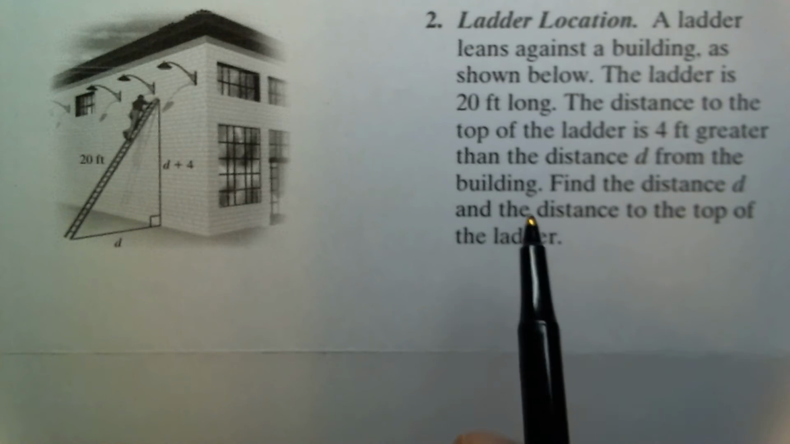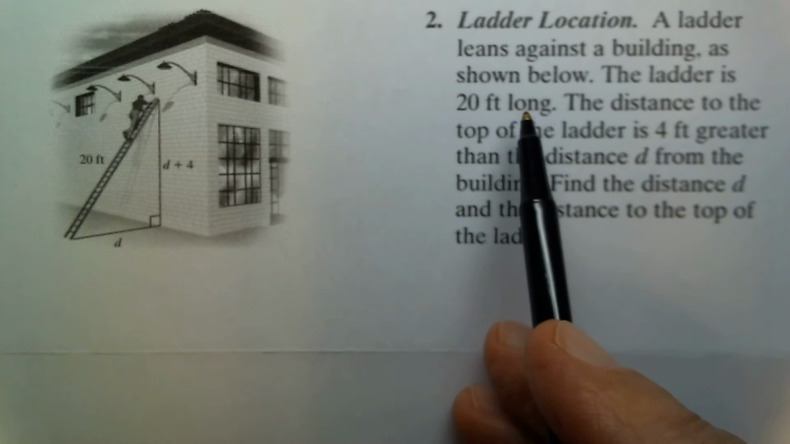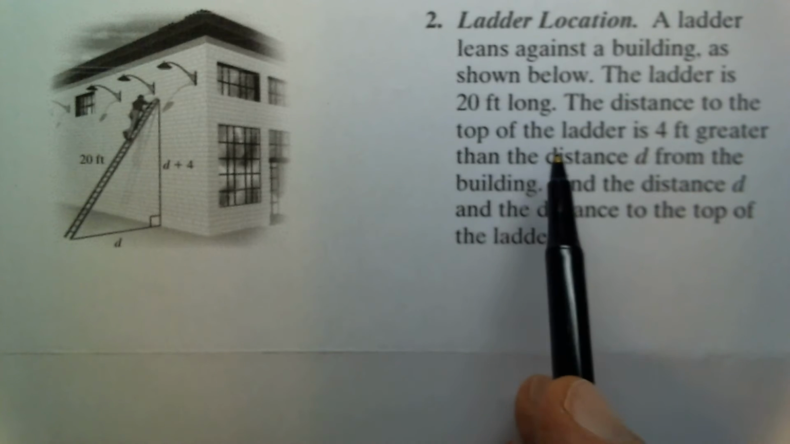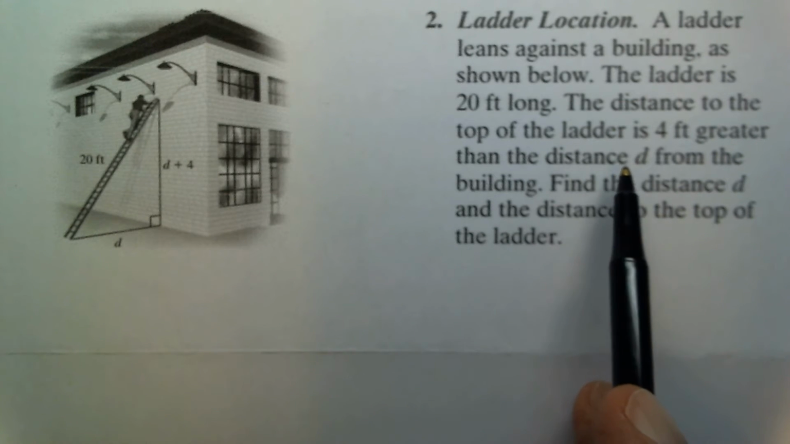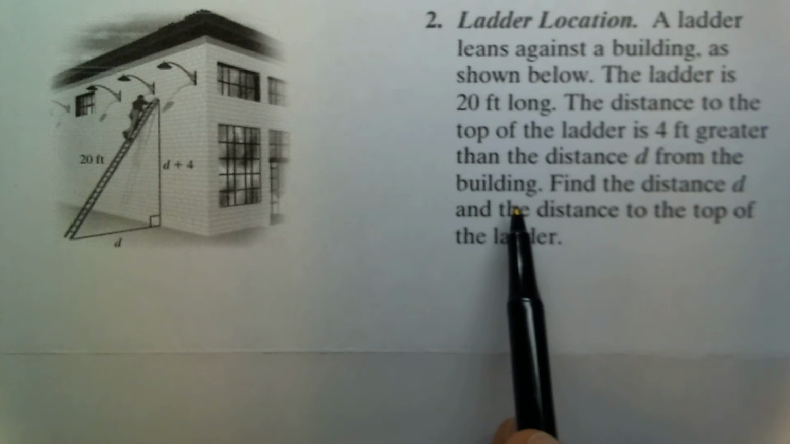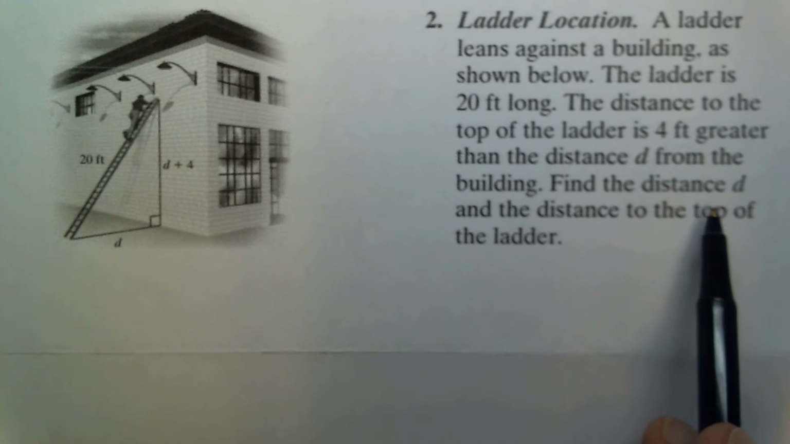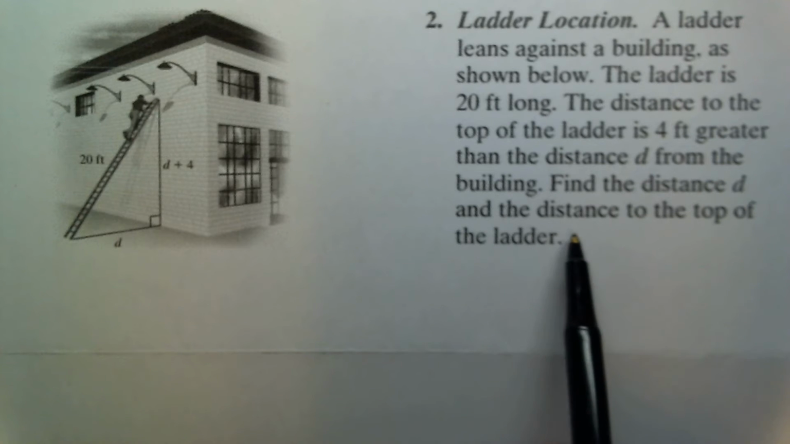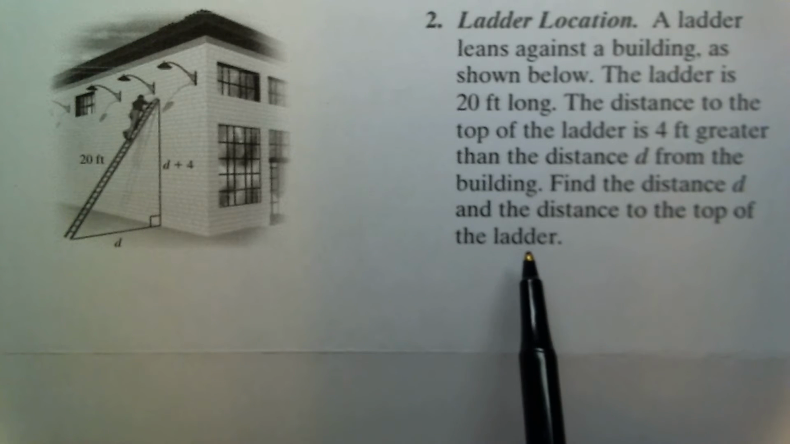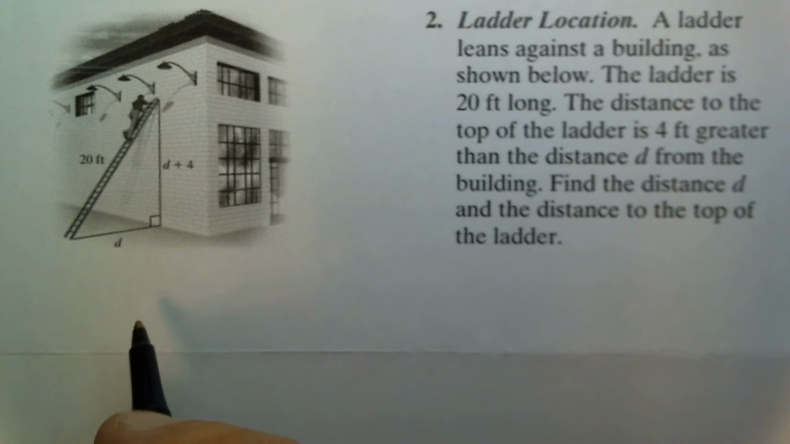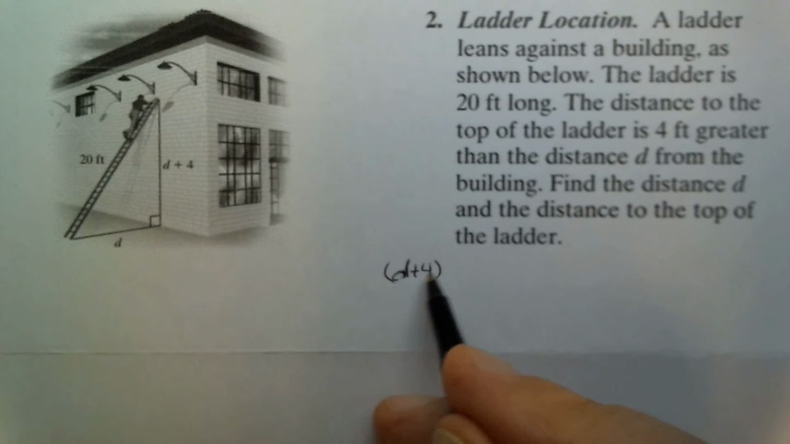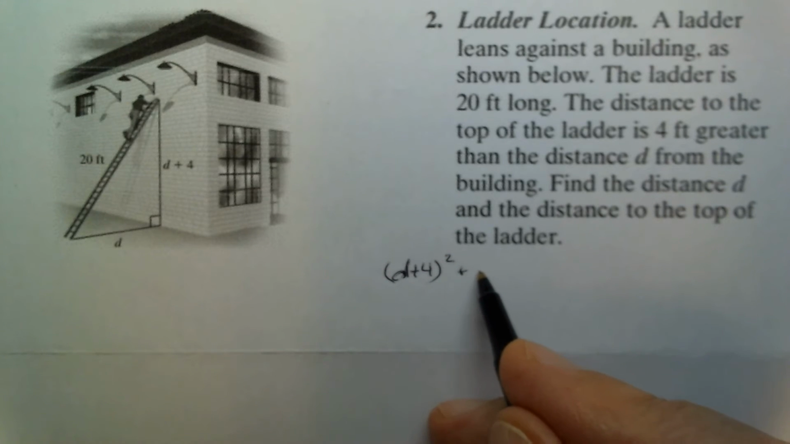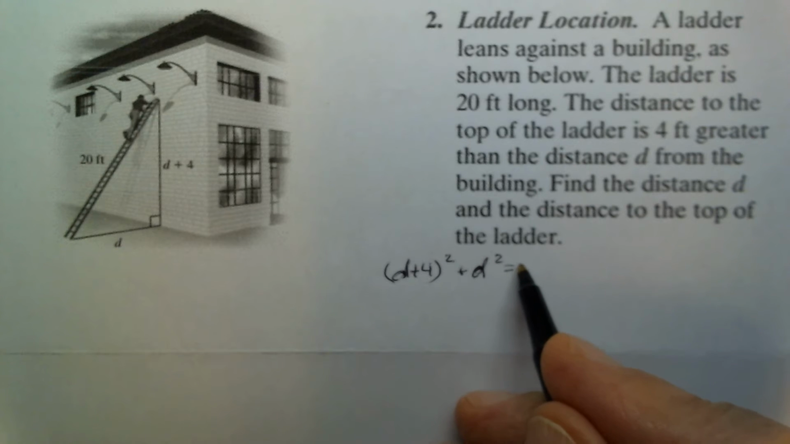In exercise 2, a ladder leans against a building, as shown here. The ladder is 20 feet long. The distance to the top of the ladder is 4 feet greater than the distance d from the building. Find the distance d and the distance to the top of the ladder. So using the Pythagorean theorem, we know that d plus 4 squared plus d squared equals 20 squared,